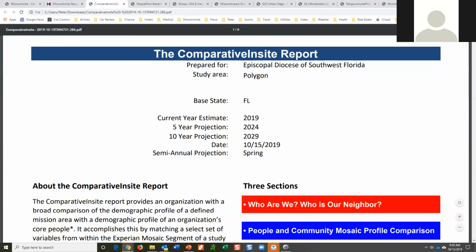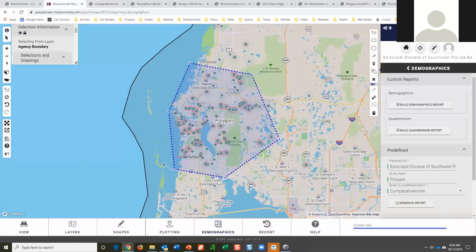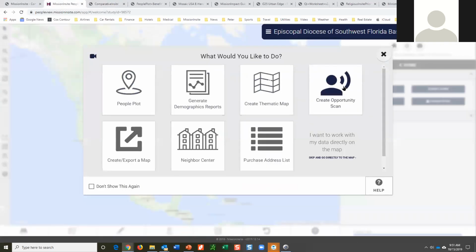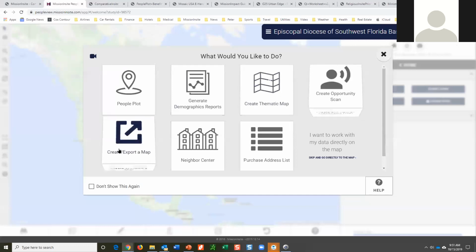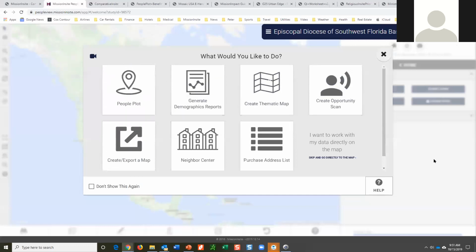We have over 5 million records uploaded. We have clients that have over 200,000 of their household, of their members in the system. So they can look at where they're connecting across their regional agency. So that's the system. That's a quick overview. These are the key areas. Again, we've highlighted most of them. The thematic map is similar to the opportunity scan without a table. And so that is the orientation to